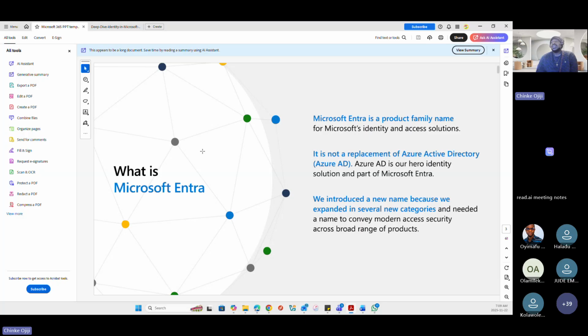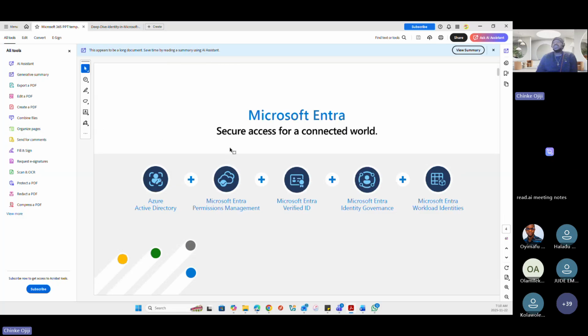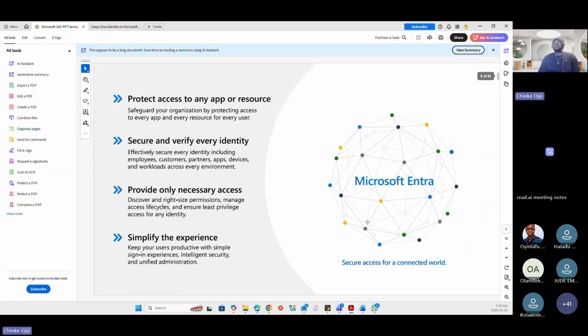We'll go more into that. I just wanted to give this brief into what Entra holds. Now, in Entra, you have the Azure Active Directory, you have the Entra permissions management. Yes, you can give permissions from within Entra as well as within the 365 Admin Center. And it has the Entra Verified ID, Entra Identity Governance, and Workload Identities as well.